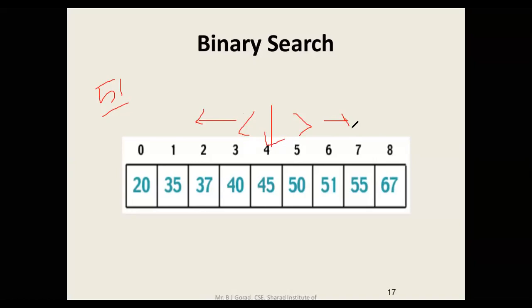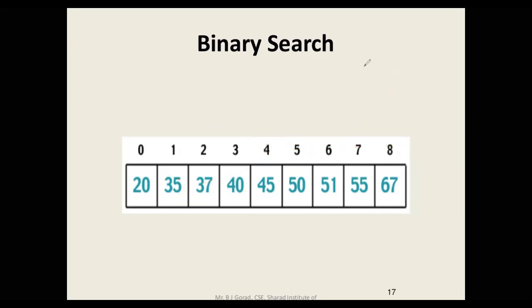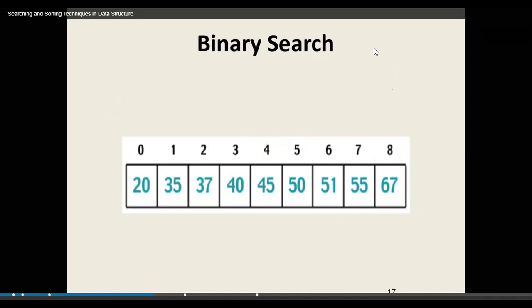That means you have to go in this area. Okay, so you have to go in this part. So you can actually cut out this whole part. So secondly, again, my new array is this one, the new region of search. So 51 is the middle one. Okay, so you see, just by using two searches, I have found 51. And this actually goes on for a large amount of values as well. You can take your own array and practice this at least once, and you will see this is actually much faster and easier.